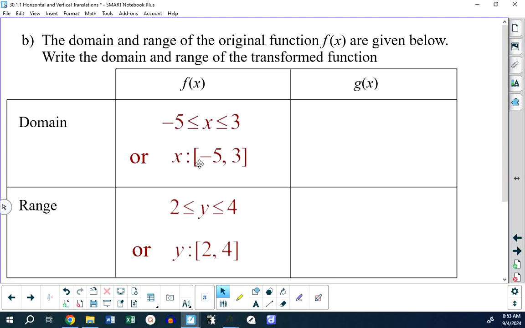However, there is a way to write it in a different fashion, and it's to say square bracket -5 comma 3 square bracket. This is not an ordered pair. It's not an x comma y. It's a way of saying -5 to 3, including -5 and 3. And not that it really matters for this example, but the reason why we have square brackets is because x can equal those numbers. If it turned out